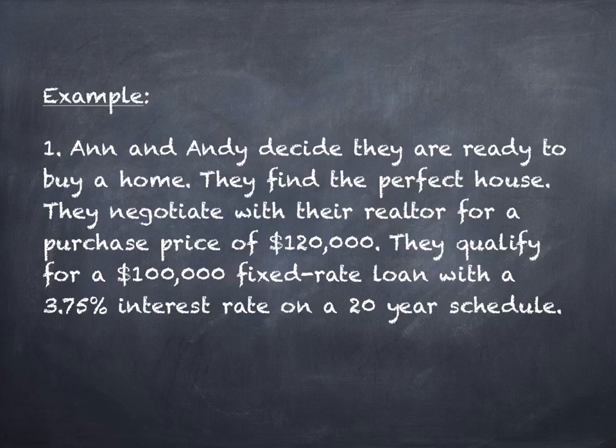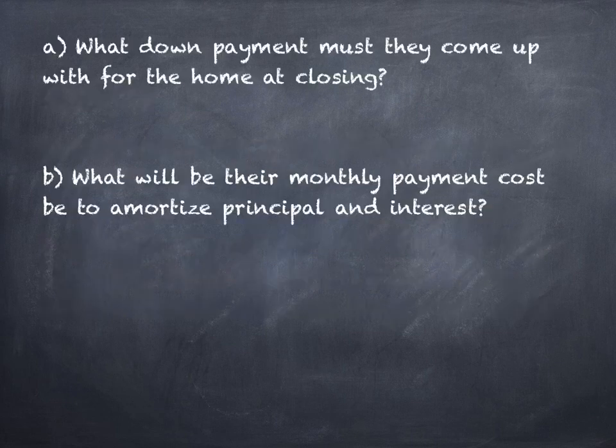Okay, so we actually see many of the pieces right in here that we're going to need for that R equals formula later, right? You see the length of time, you see the interest rate, and inside of this is actually also the principal, how much they're borrowing. But we're going to take it one piece at a time. The first question we're going to talk about is, what down payment must they come up with? How much? And how did you get $20,000, Matt?